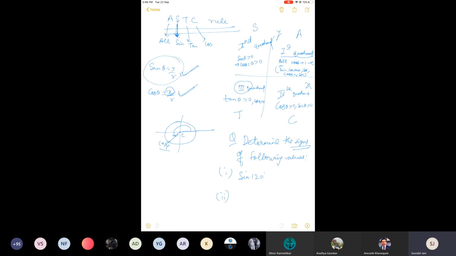Now in the second quadrant, y is positive but x is negative. So y is positive, so sine is positive. Sine positive, its reciprocal will be positive. I have not written anything else. Why? Because all the remaining four will be negative because of cos.